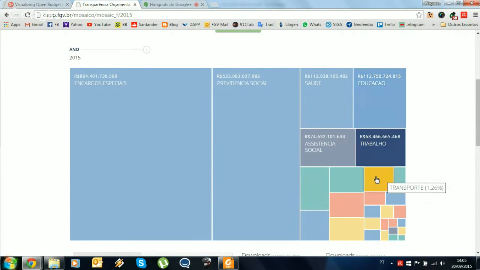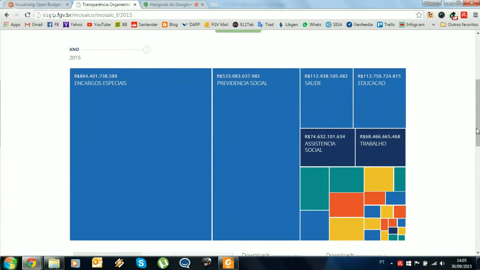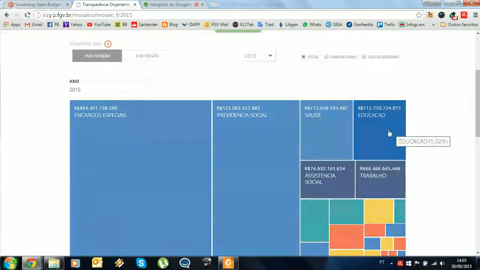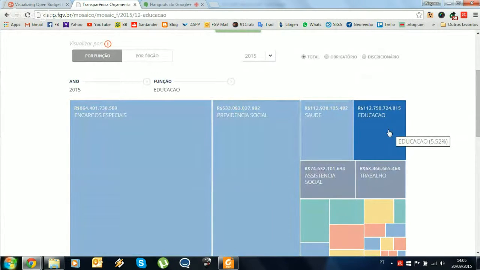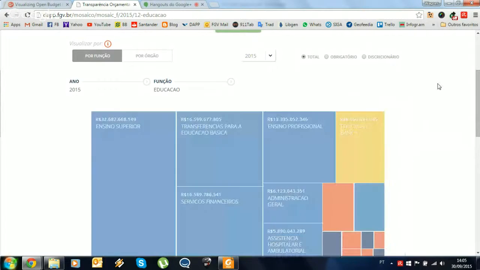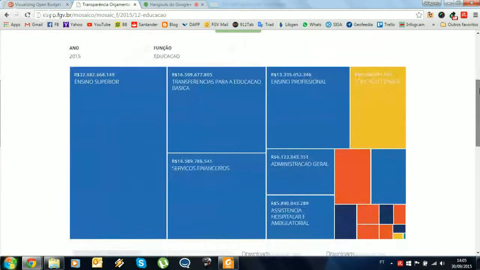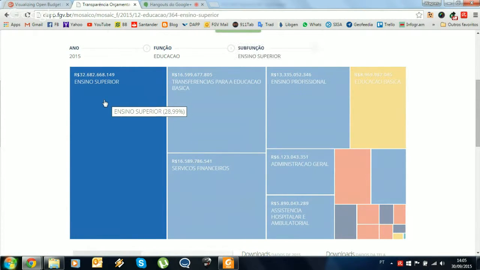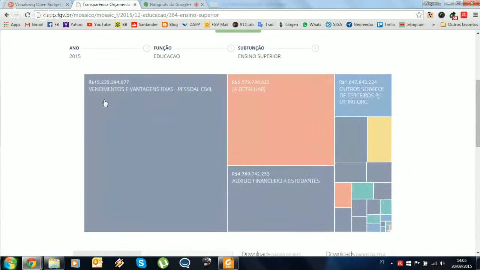We can look at any of these little boxes here, and we'll have information about how much money is employed on these topics. To start, it is really friendly, and you can, for example, see what is inside education, click on it, and I'll have just the mosaic for education. So we'll have, for example, how much money is spent on superior education, universities and everything, and I'll click on that, and now I have the budget.